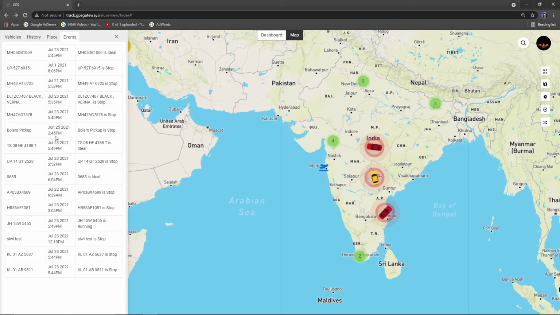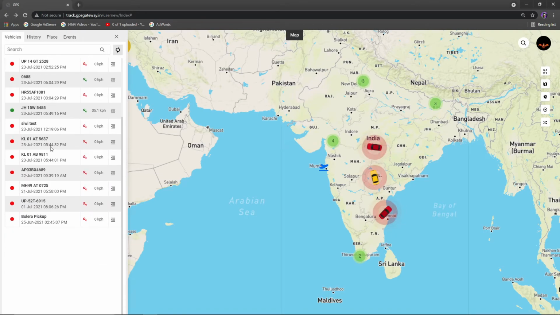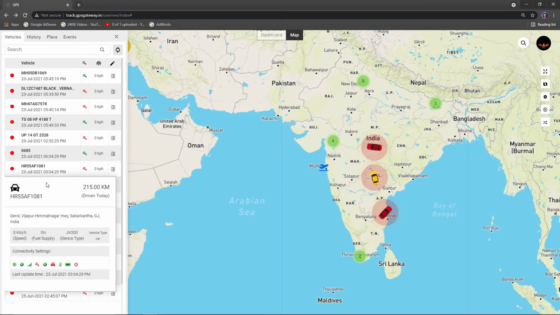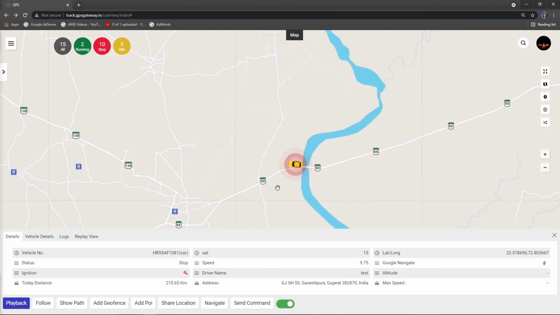Events basically give you additional information about a particular vehicle, like the status of the vehicle, time, date, and vehicle number. In the vehicle portion, here you can see all the registered vehicles will appear on this list, or if you want to know detail about a vehicle, just simply put the cursor on it and it will give you additional information like driven kilometers, address of the particular vehicle, speed of the particular vehicle, fuel supply on the vehicle, device type, and the vehicle type will appear on the screen. To know the exact location of a vehicle, put the cursor on it and it will take you to the exact location of this particular vehicle you can see on the map.